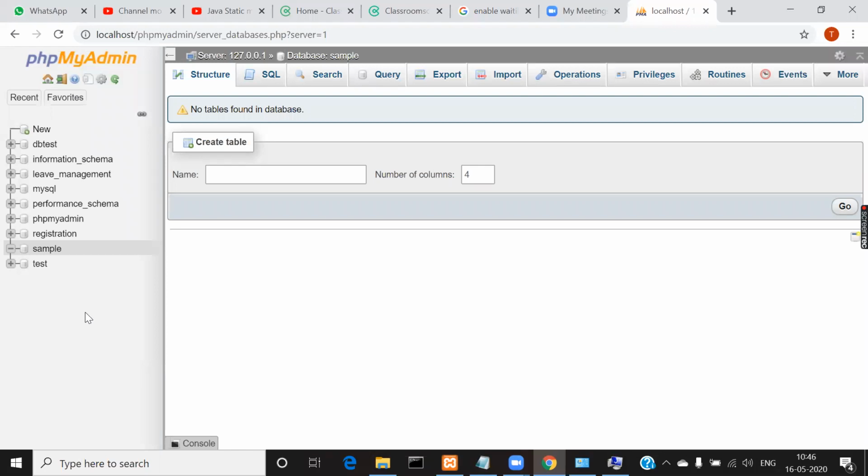But instead of that, we need not type all those commands here. Directly we have all the listed databases here. In whichever database you want to create a table, just simply click on that database. Then automatically you will get this minus symbol here, which indicates that currently you are using that particular database. Now if you want to create a table here, mention a table name. Say I'll create a users table here. By default, the number of columns, that is the number of fields for the table, is given as 4. If you don't want 4, say you want to use only 3, reduce it to 3 and click on this Go button on the right side.